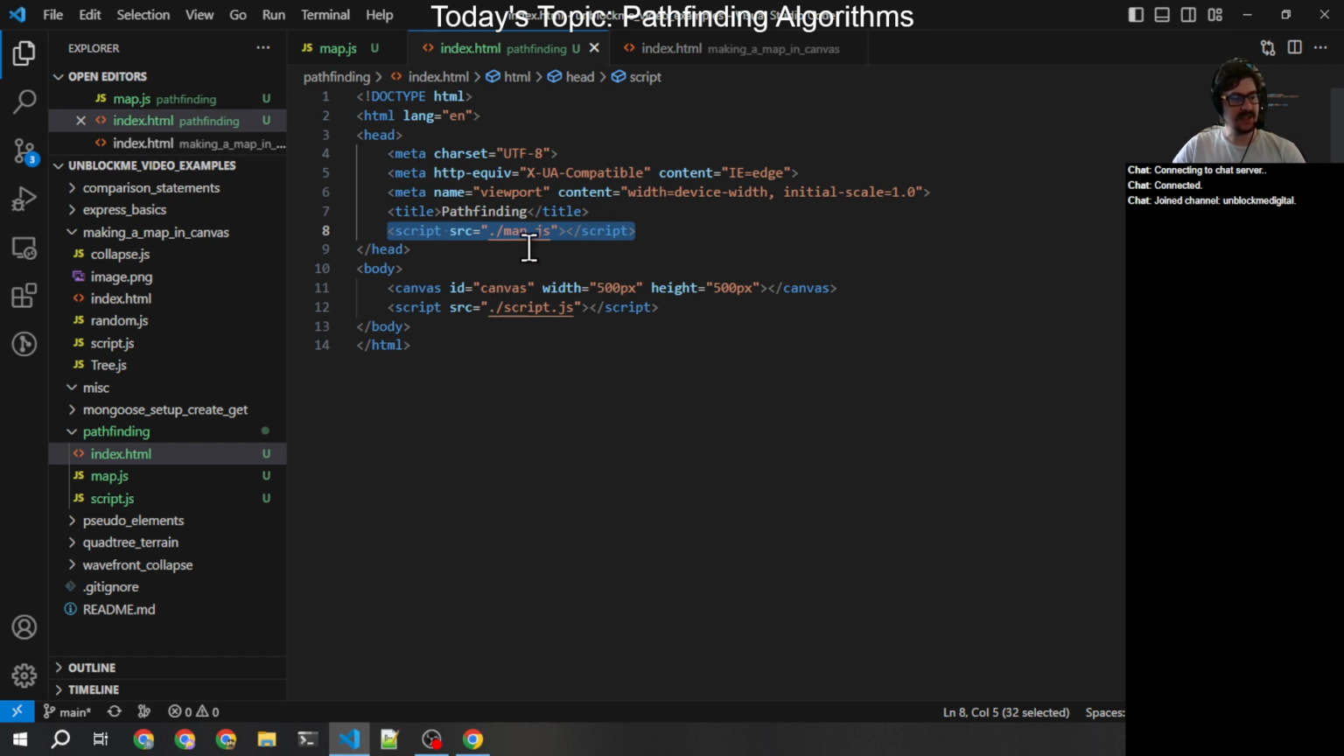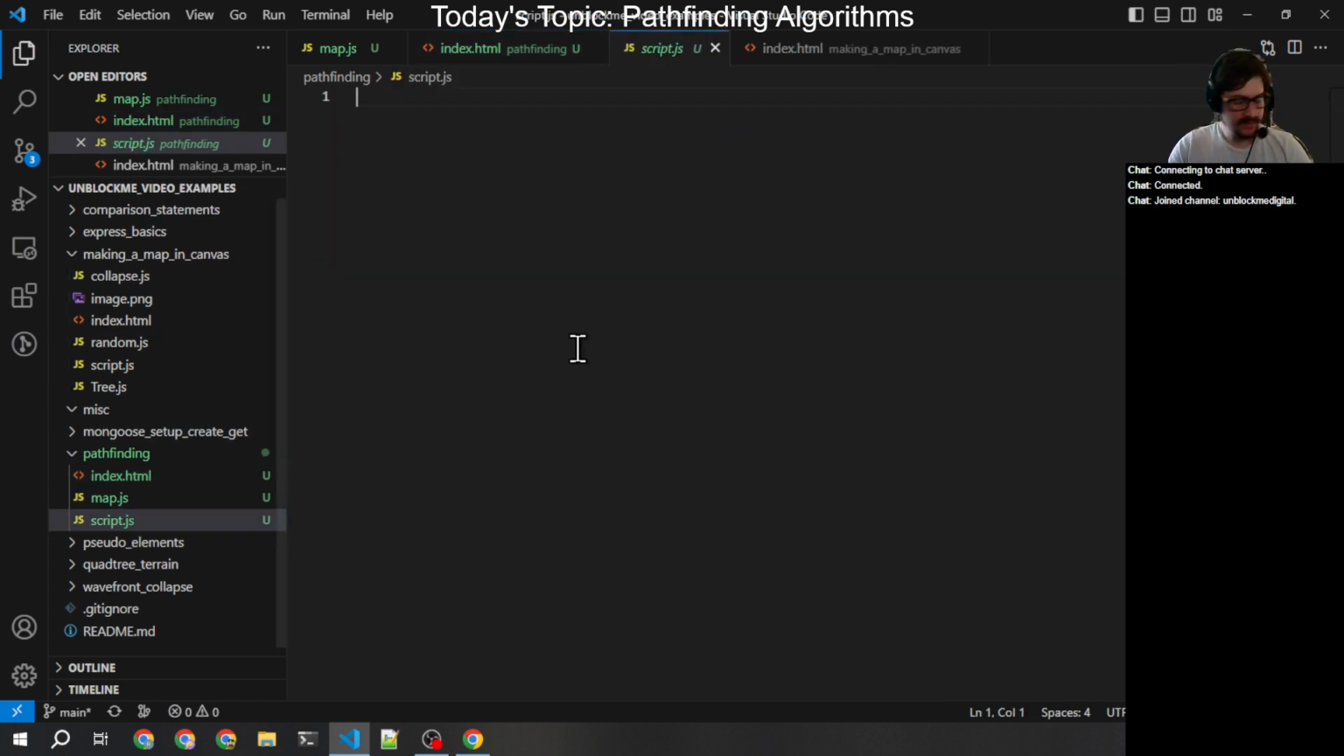Because this is not the main piece of work that's going to be doing your business logic. This is just a helper because it's in the head, so it's just a convention. Now in my script, I'm going to declare my map as new map, and then I'll give it my ID of the canvas. Okay? And then I'm going to say map dot,